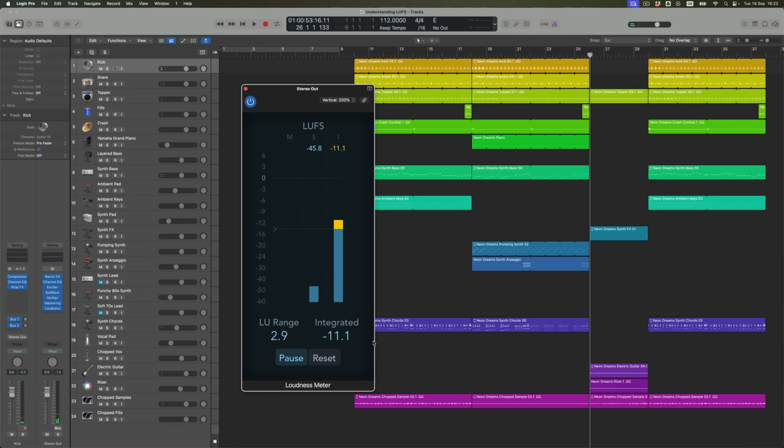Okay, I'm going to stop there for a moment. And in fact, I haven't pressed stop, so we're still actually measuring one of these things, which is what's referred to as our integrated LUFS measurement. Okay, so what we have is an opportunity to look at volume in 3 different ways.